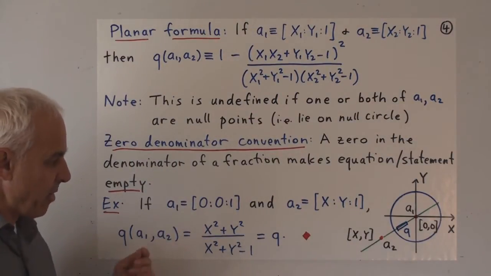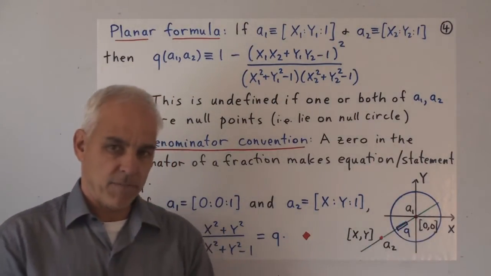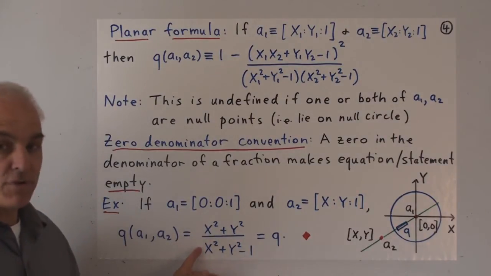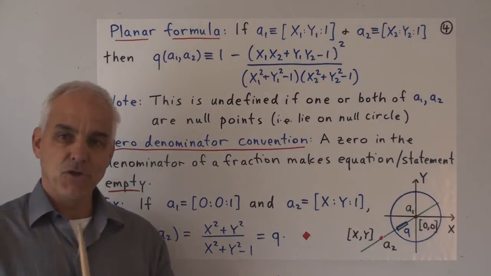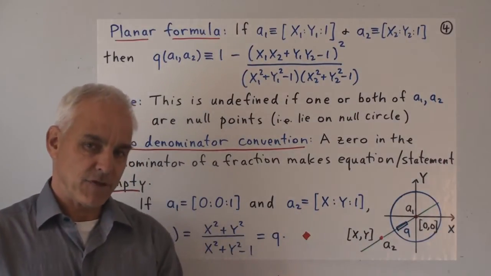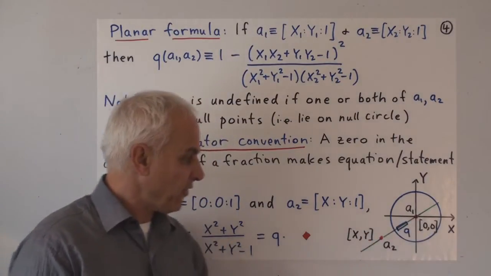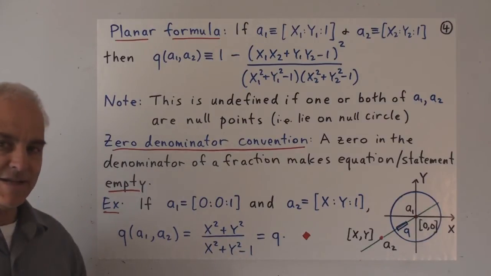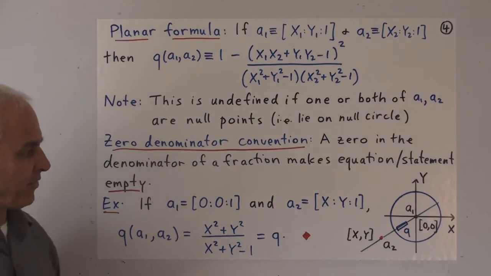So let me make a little remark here. If the point A2 happens to be very close to A1, so very close to 0, then this quantity in the denominator is pretty close to minus 1. And then what we're getting is just the negative of the Euclidean quadrants, x squared plus y squared, between the 2 points. So for points that are very close together, near the center of the circle, the hyperbolic quadrants is just the negative, or almost the negative, of the Euclidean quadrants.